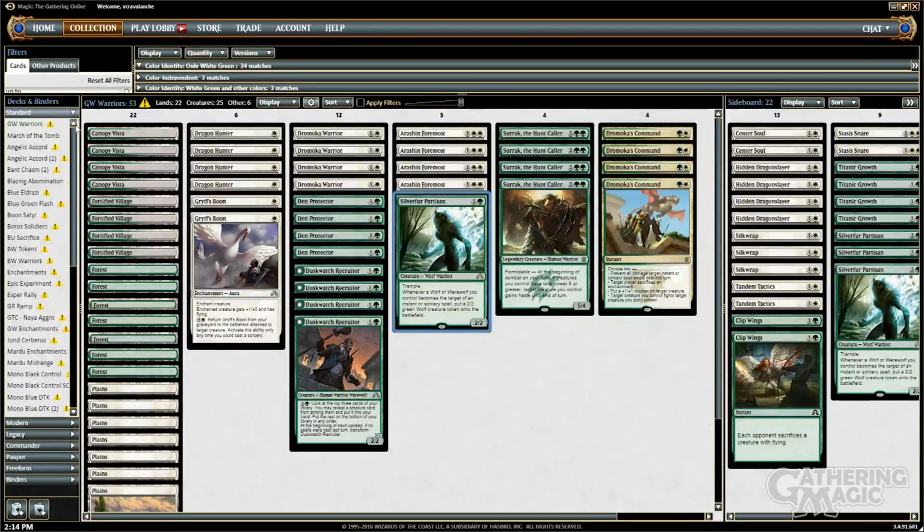I mean, there's really no options, though, to fix. We already have both these Canopy Vistas and Fortified Village coming into play tapped quite significantly, and that's something you don't want to see in an aggro list. But I still like the idea of Surrak the Hunt Caller, but I think just going into the Collected Company